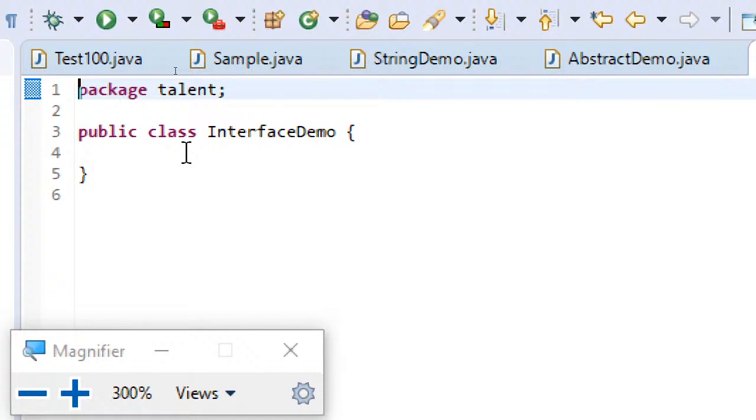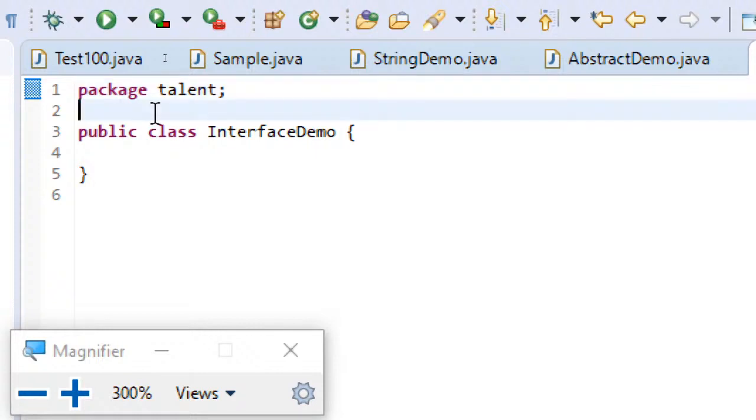That means they are constants, which can be used by the children but cannot be altered. And by default, all the methods that you declare inside an interface are public and abstract.